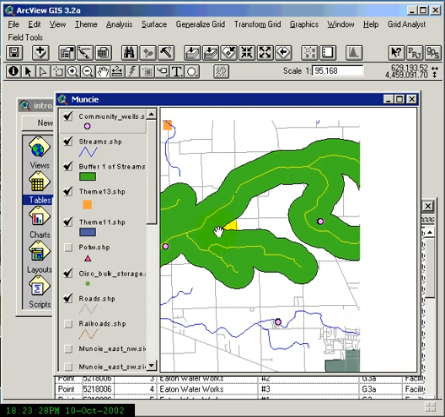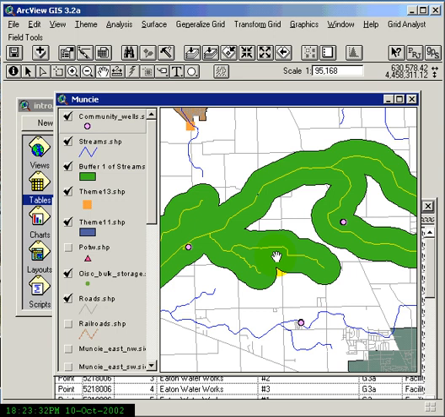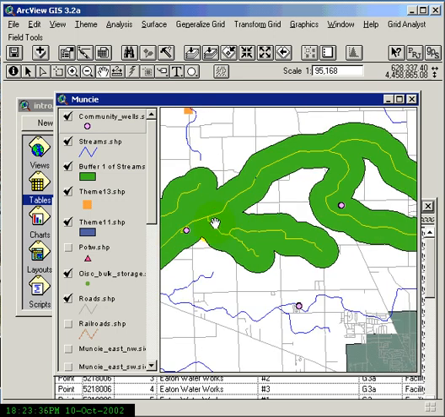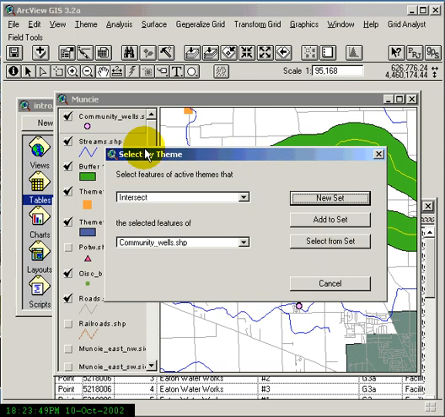Now, this original selection we were going to try to do was to find which of these community wells were inside this distance to the stream. Now, clearly, we can look and just see, but what makes more sense is to do a select by theme, where one theme is my buffer, and the other theme is my community wells, and that will tell me which wells are inside the buffer. So I can do theme, select by theme. I'm selecting features of the active theme. In other words, the answer is coming from community wells, and I'm selecting against